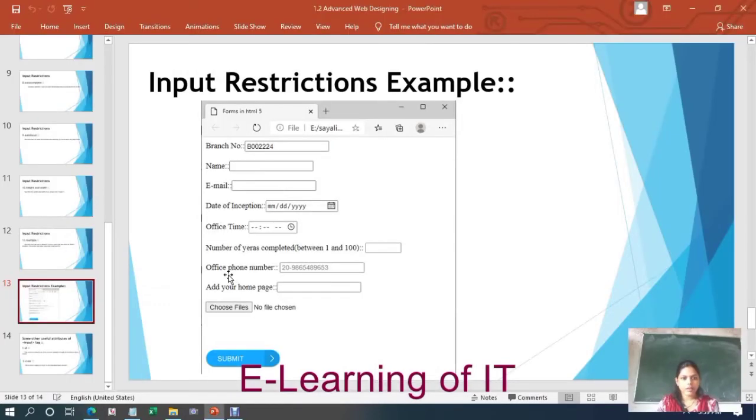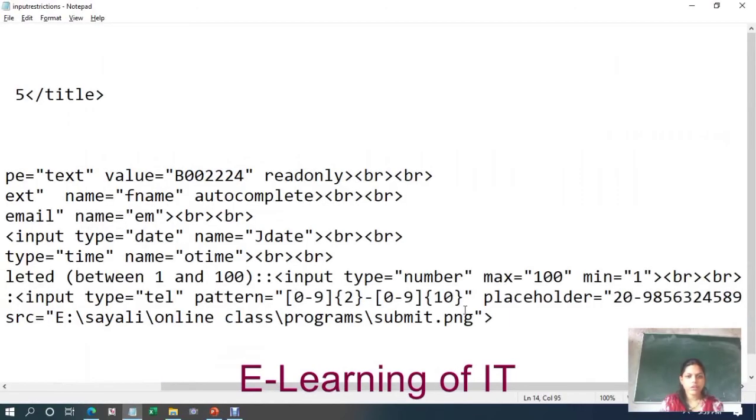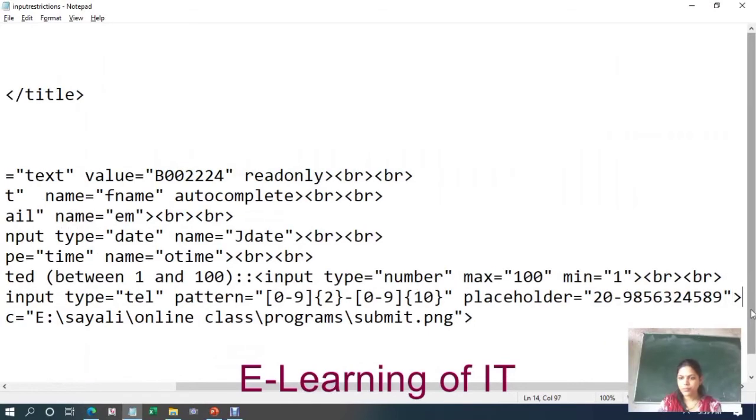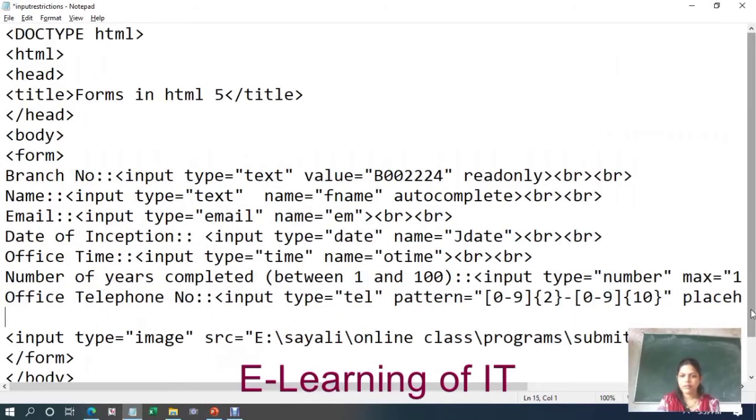Okay, so after that the next one is add your home page. So to add our home page, we will use the field that is URL. Add your home page.